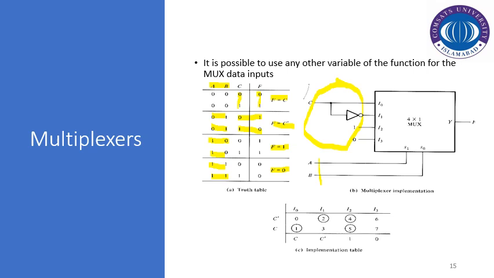So if you see the logic diagram or the implementation diagram of this multiplexer, you can see that I0 is being connected with C, I1 is being connected with C prime, I2 is being connected with 1, that is basically plus 5 volts or according to the TTL standard, and I3, the last one, is connected to 0. So this is also a way to implement any sort of Boolean function by using multiplexer. So you have both options available. Either you can use the most significant input line for the logic implementation on the multiplexer's input lines, or you can use the least significant input line for the logic implementation on the multiplexer's input lines.